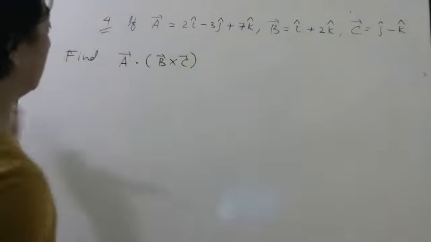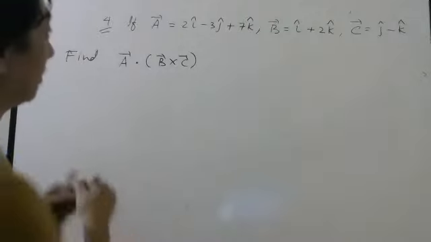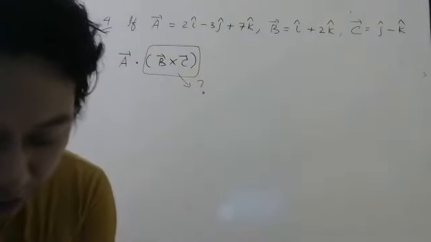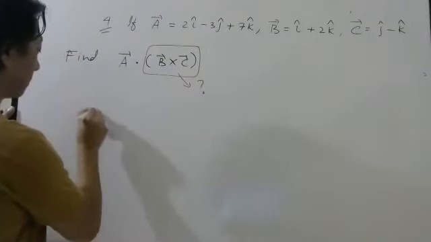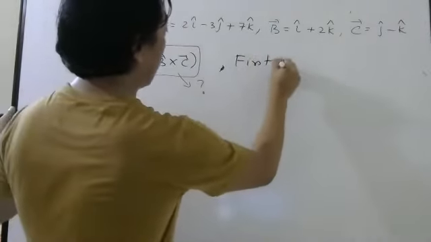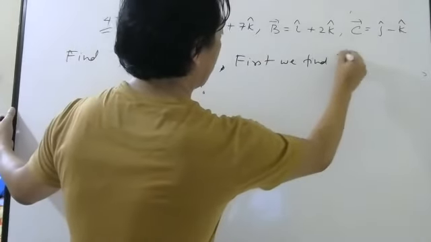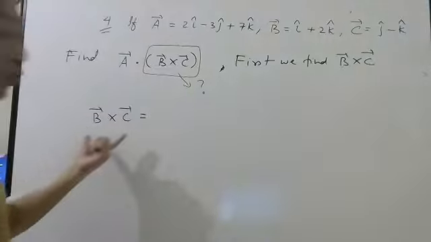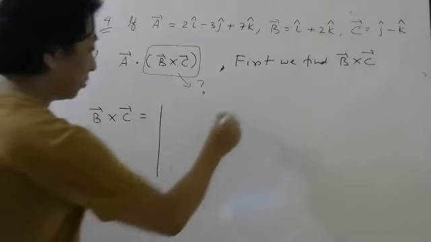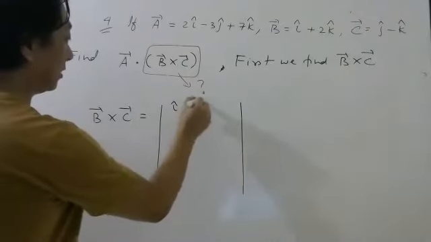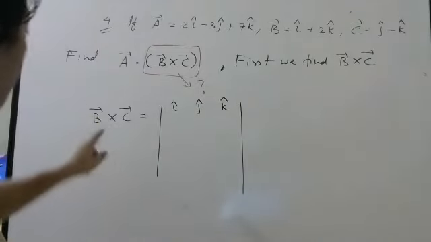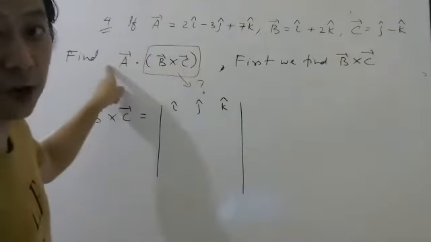Now, I will not directly do it. First, I will try to find this vector. Okay, students? So first, let us try to find B bar cross C bar. Now this should be a vector, in the component form. Now cross product, how do you do it? Draw these lines I, J, K. Forget about A bar, students, because they want cross product of B bar and C bar. Later we will take dot product, don't worry.